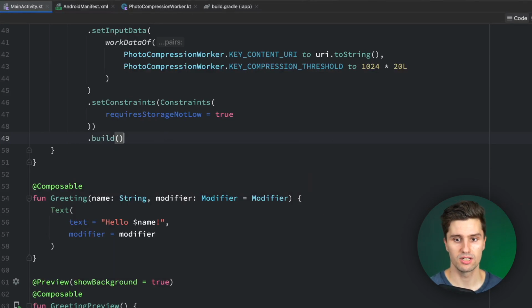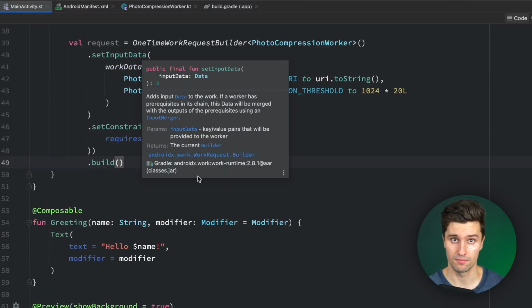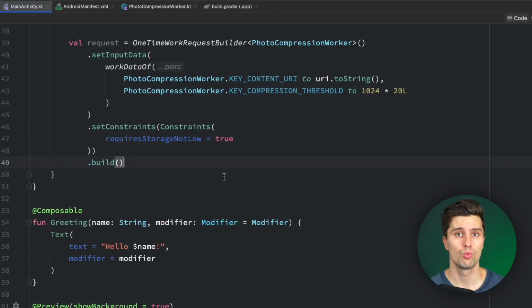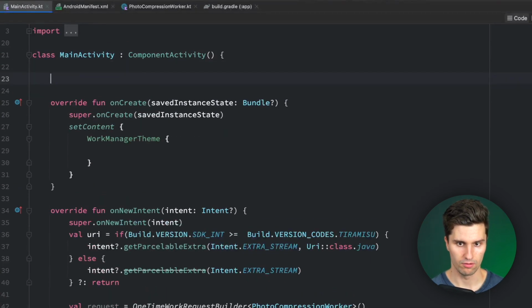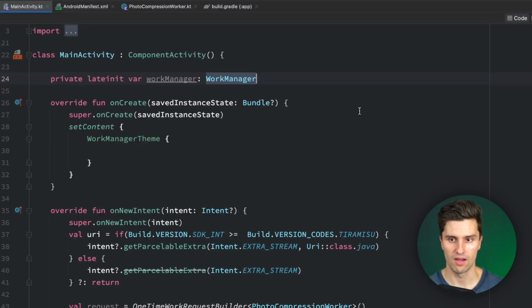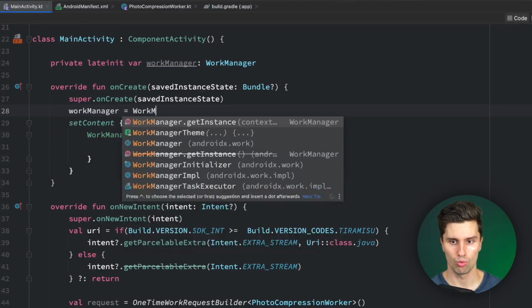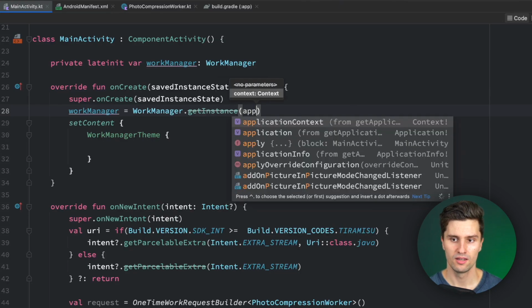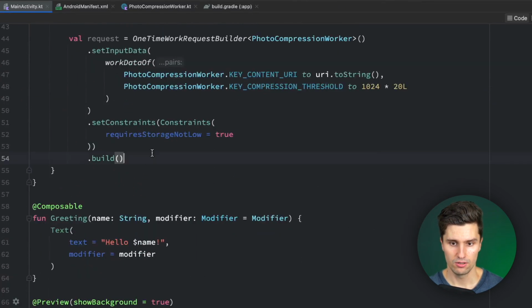We just want to call build here to finally build our work request, which we haven't fired off yet. To fire it off, we need to get a reference to WorkManager itself, which you can just have a global variable for, a private var or lateinit var. WorkManager is of type WorkManager. We then initialize this here is equal to WorkManager.getInstance, and we pass our application context. Then going down here, we then say